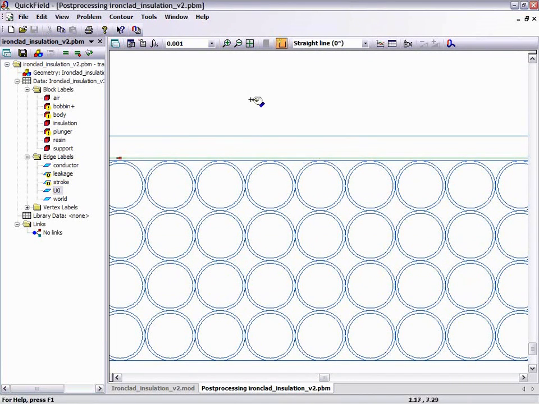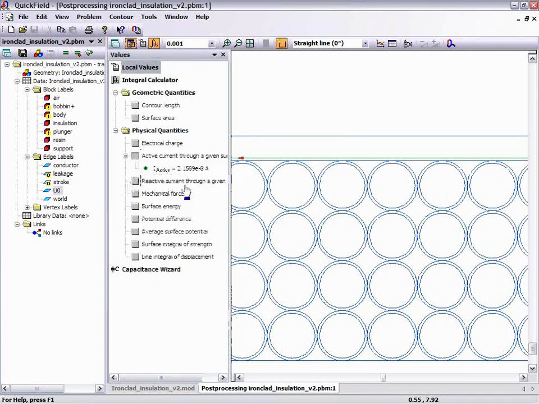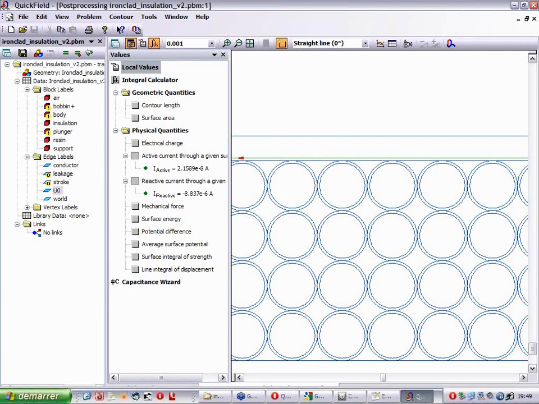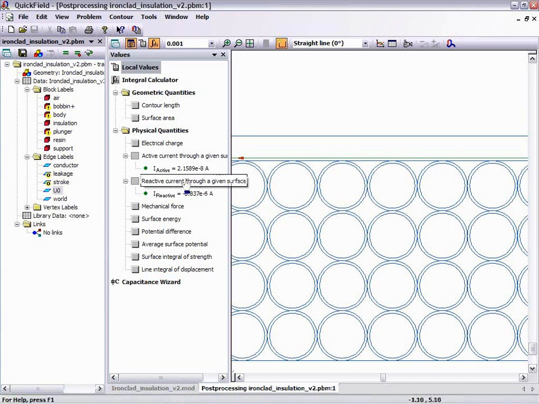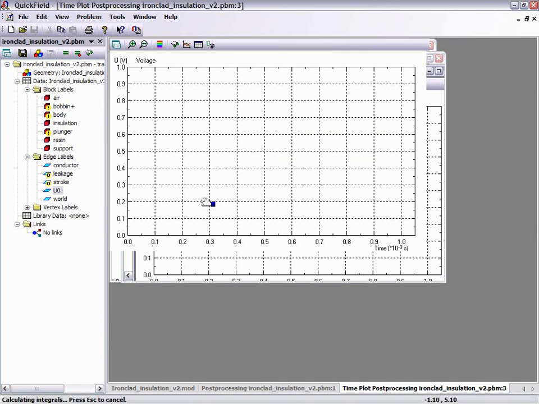And it's quite easy to calculate the leakage current. We have just to select a contour here. It's a contour, an insulation that goes around the winding and gives directly the current here and the reactive current too. So we can also calculate it along the time, but I think we don't have a lot of time right now. We can try, but